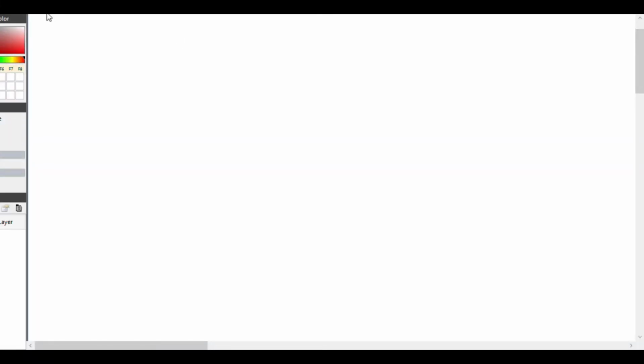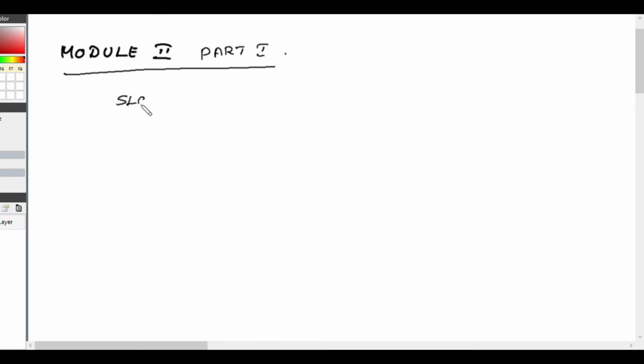Welcome once again. So we have completed our first module and today we will start our second module. So today is our module 2. Module 2, this is our first class. So today our module 2 is about slope deflection method. Our first module was about Clapeyron's theorem, about theorem of three moments.